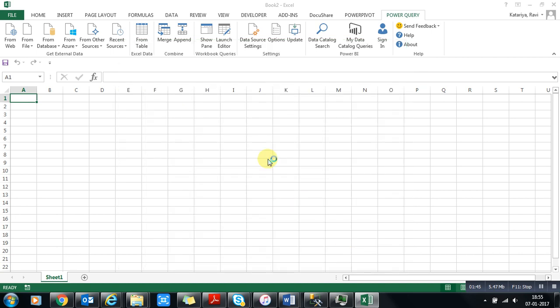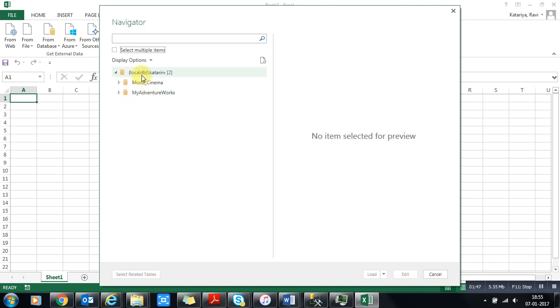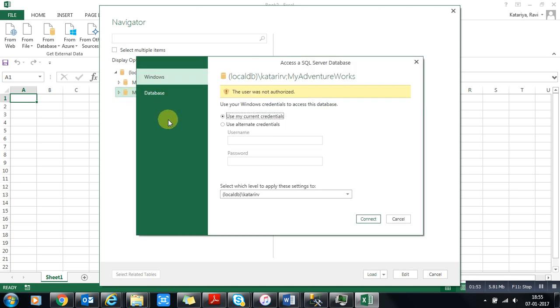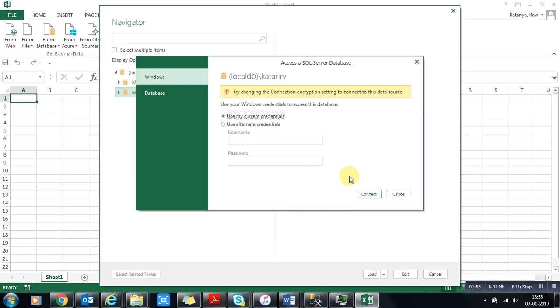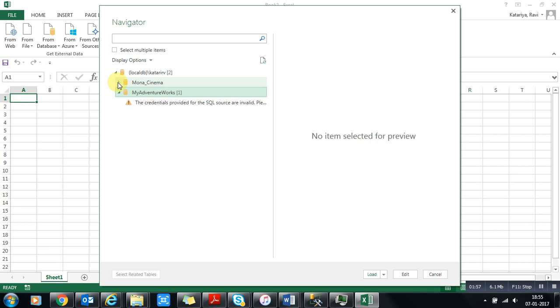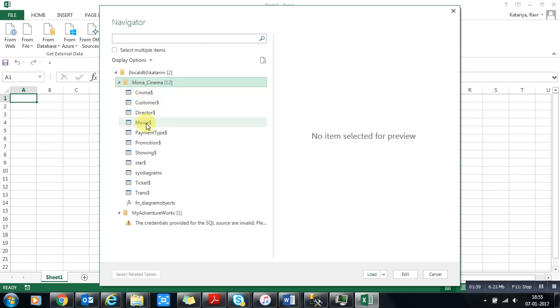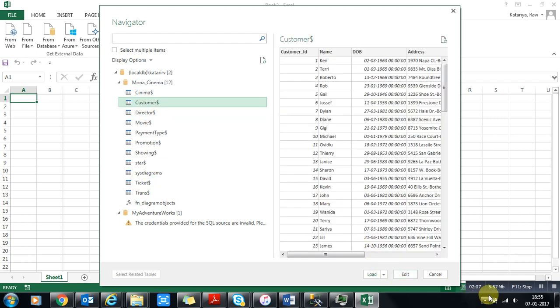Once I've done it, you can see I have two databases available. Right now I'm going to click on this sample database. Let me click on the first one. We have a few tables, and let's suppose I want to segregate one.